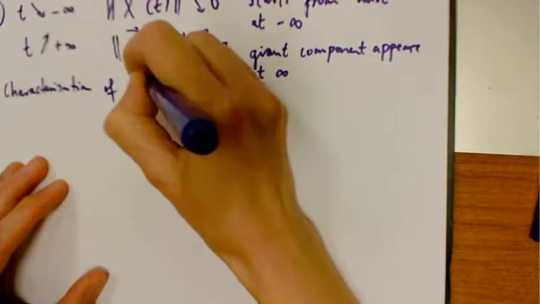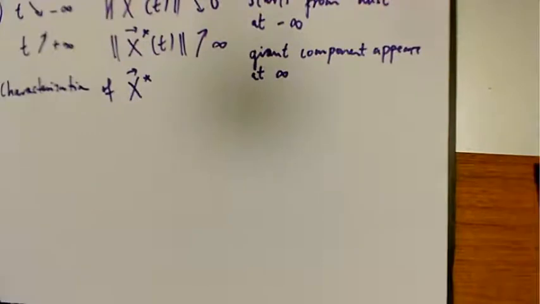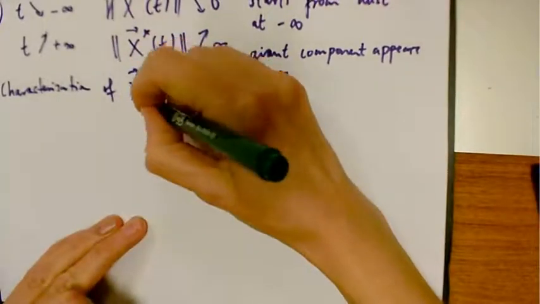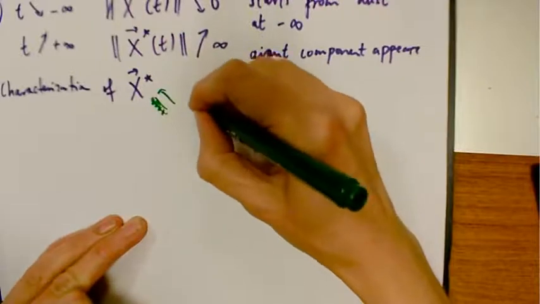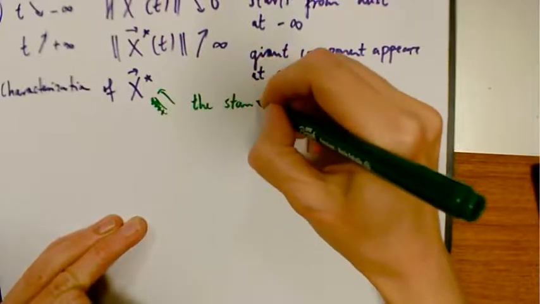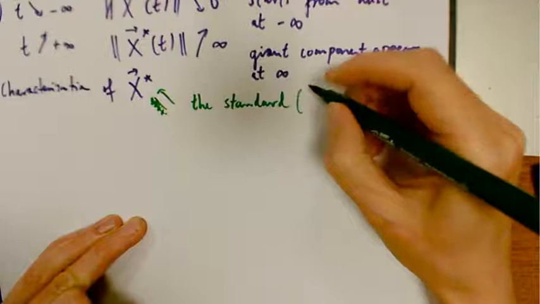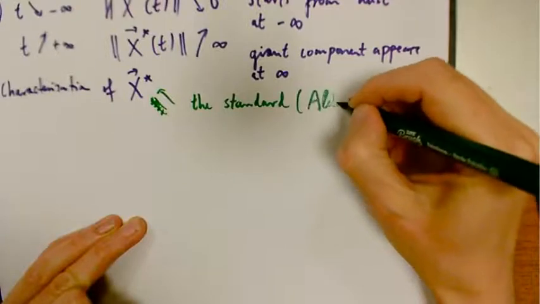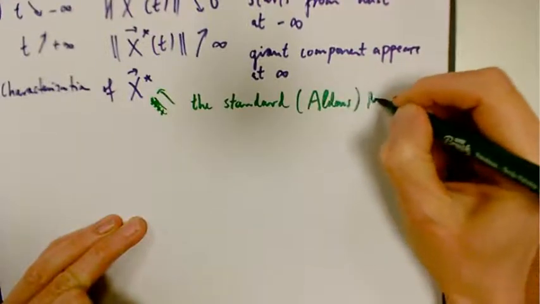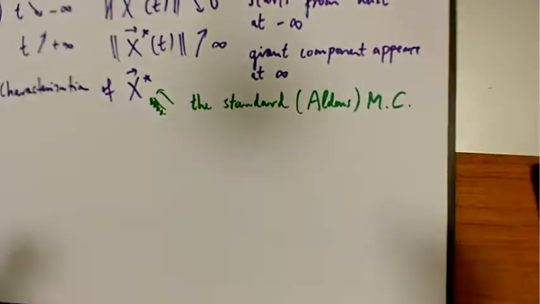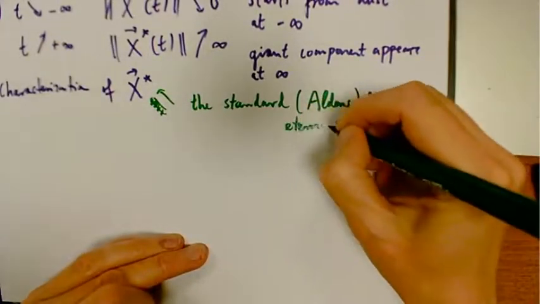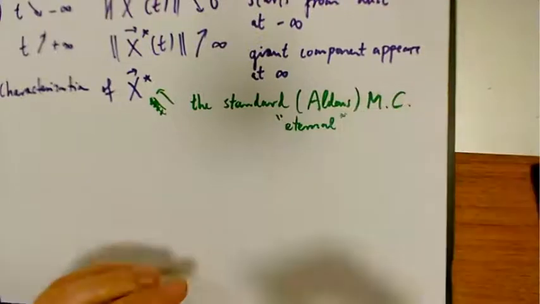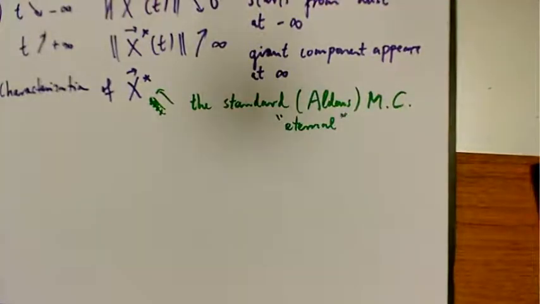So X star is, by the way, let's name it. This is what is in the literature. Not double star. This is called the standard Aldous multiplicative coalescent. I always put Aldous. There is the standard eternal. Some people say eternal because it is the entrance law, and it is specified by